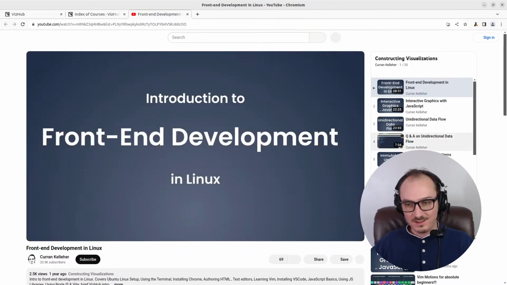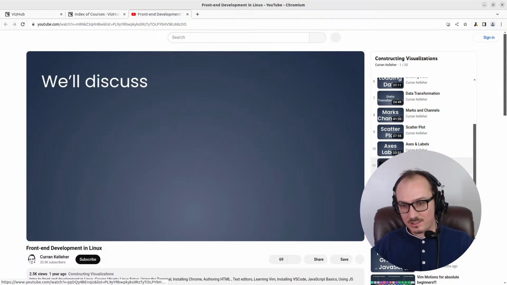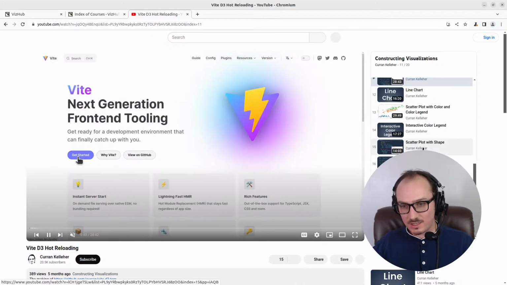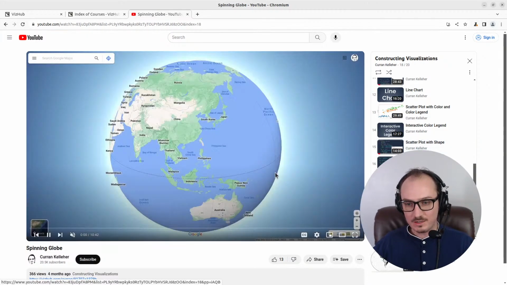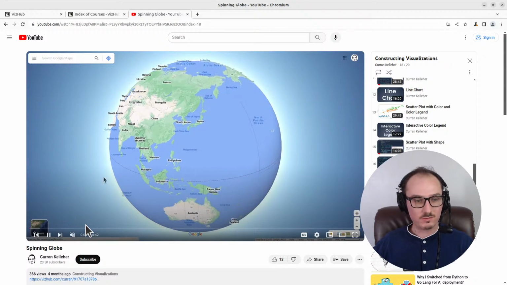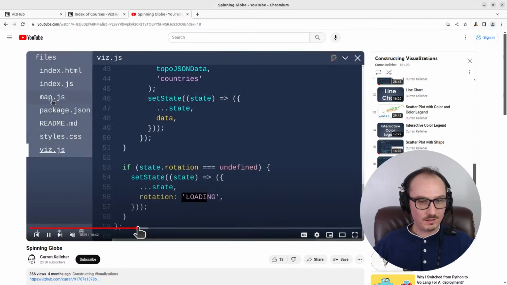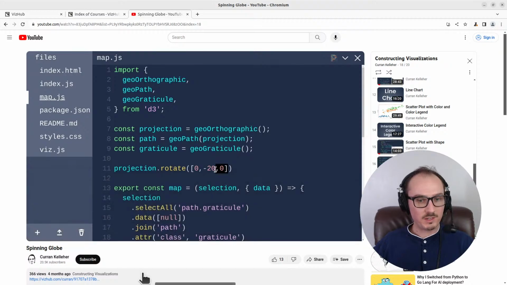And so this is when I was super skinny. This is the 2023 version, last year's version. And I started narrowing in on the patterns that I wanted to use for the next major version of VizHub, which is all about this unidirectional data flow concept. And here's one where I built up a spinning globe, and it's still using VizHub version 2, but it's using these patterns,